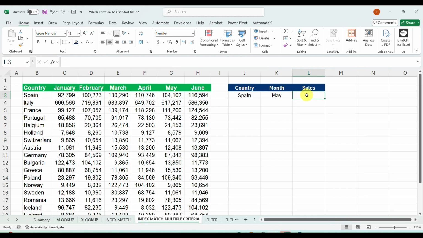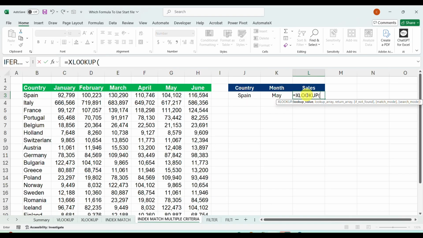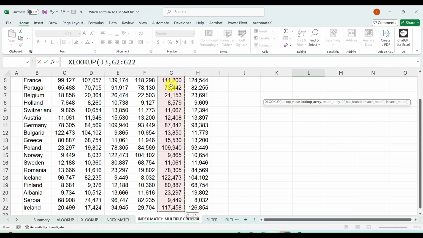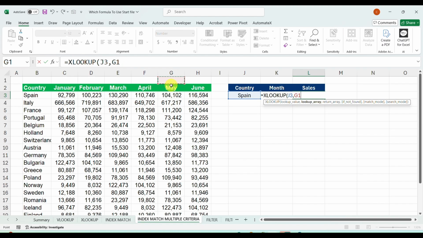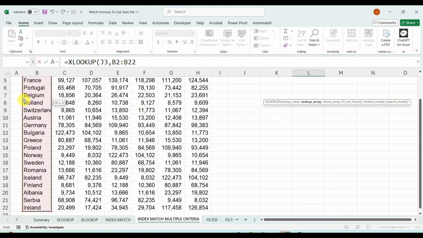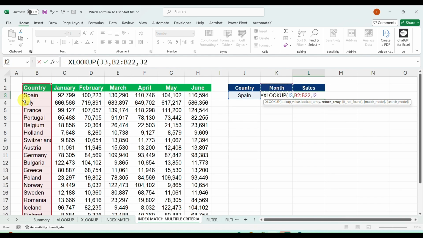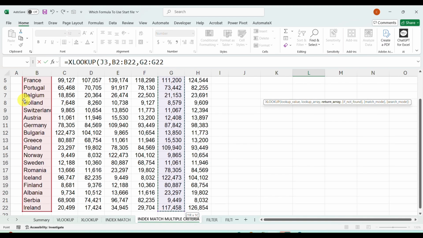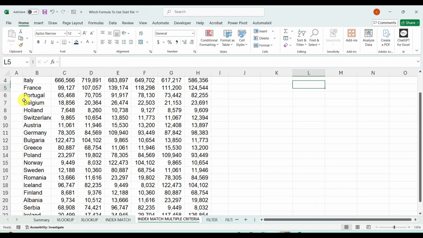May. For the May month, we are going to select this. It is equal to XLOOKUP, lookup value will be Spain, okay, lookup array is this, May, okay. Wait, lookup array, because Spain is here in the country. Lookup array will be this, and return array, we need it from the May month, will be this, comma. If not found, okay, we can skip it by putting the comma, because data is already available. We need exact match, and we are going to press the tab key and close the bracket.